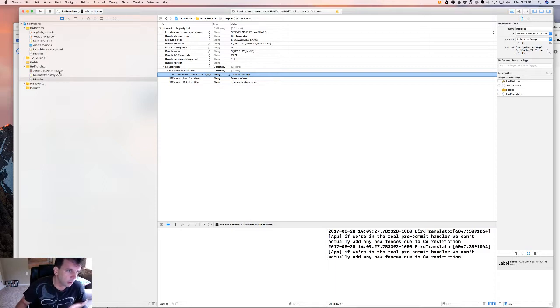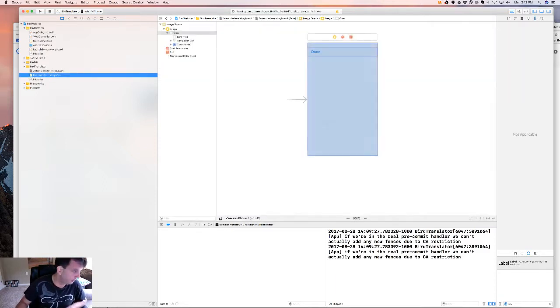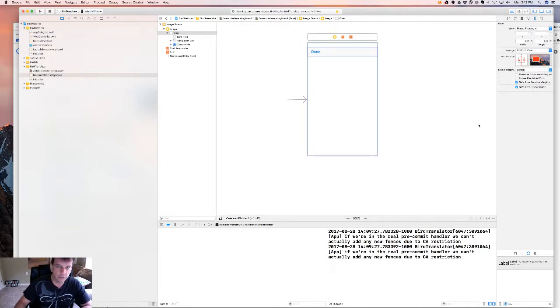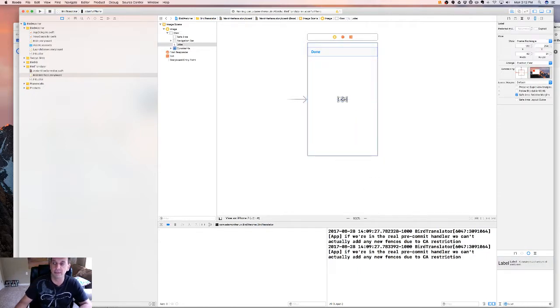So the first thing we're going to do is we're going to go to our main interface. And what we're going to do here is we're going to add another label, right? This will be the label that is showing the scientific name. And then we're going to have another one down here, which was the common name that got passed in. So we'll just set some simple